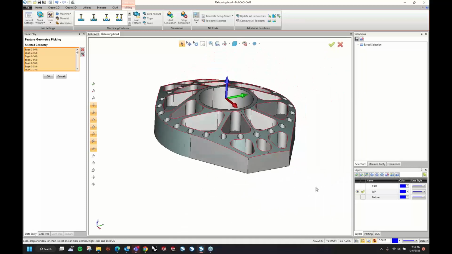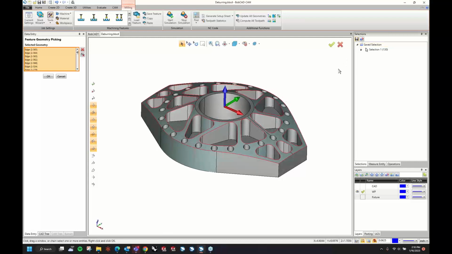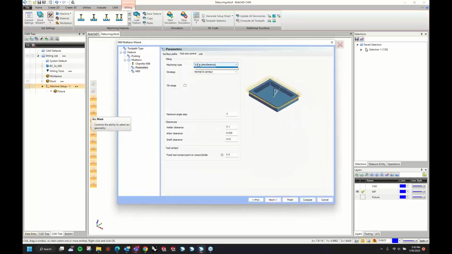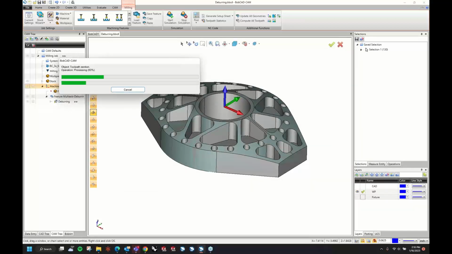All right, so I've got everything selected. Now I can hit save. And if I mess up or I need to do this again, I already have that saved selection. I don't have to go through all that again. So I'll hit OK. Tool axis control will say 3 and compute. And while that computes, we've got